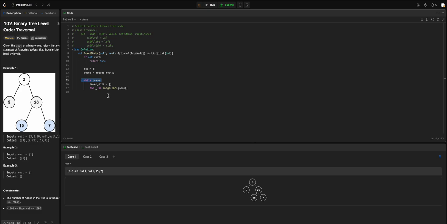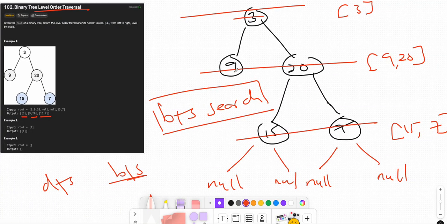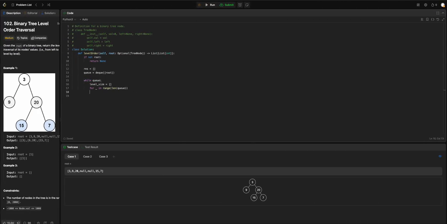For that range of 1, you perform the BFS step, right? You add to the array, and you go to the left and the right and you add them to the queue. By that time the queue will have 2 nodes, right? For each node we do queue dot pop left, to pop left, say node, and a left node and a right node. If node dot left,